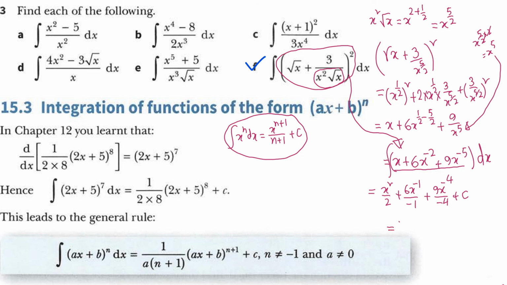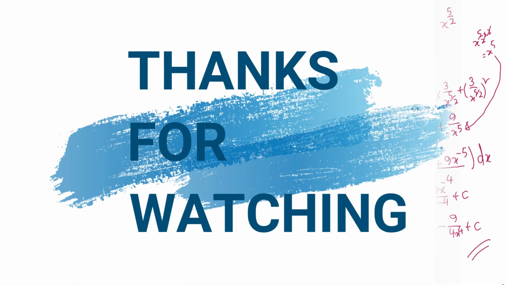We can write the answer like this: x square by 2. Then the second term we can write as minus, this minus goes up, then 6 by x, and the final term we can write as minus 9 over 4 x to the power 4, plus c. This is our final answer of this question. Hope the questions we did from